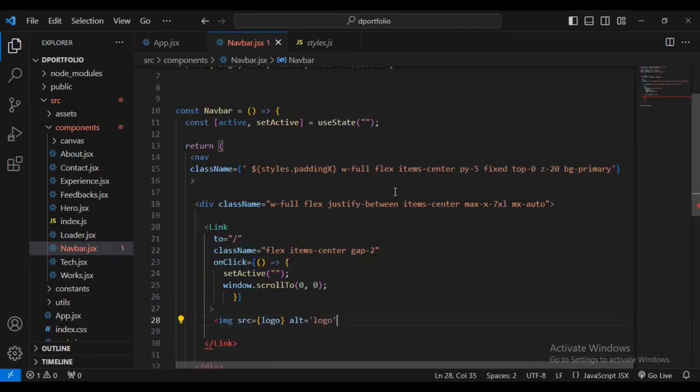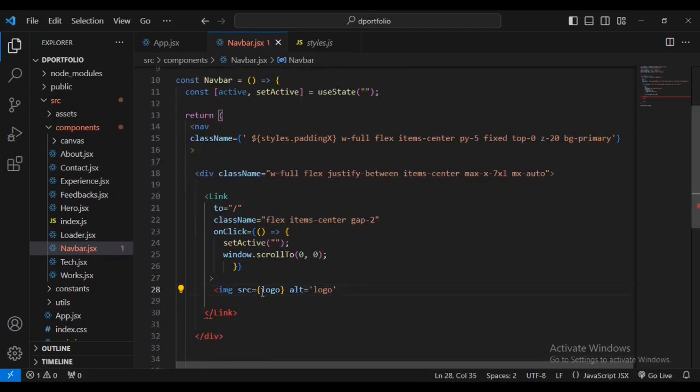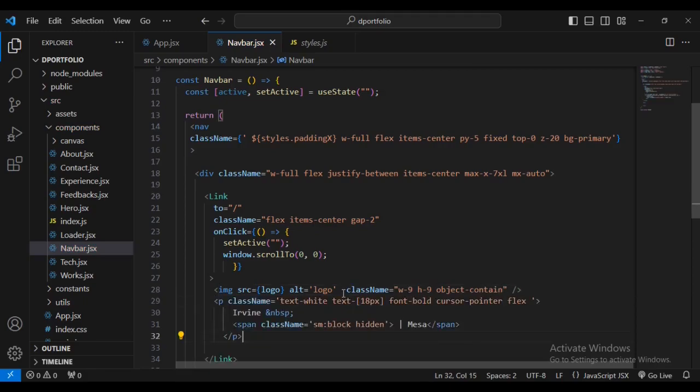Then I'm going to insert the image. Our image is called logo, so with the alt text of logo in case it fails to load. Then let's close the brackets, and I'm going to give it some class properties of width 9, height 9, and object contain. And then after styling that, I'm going to add